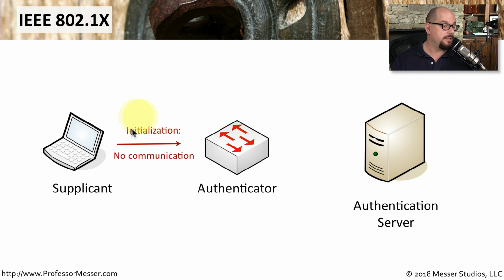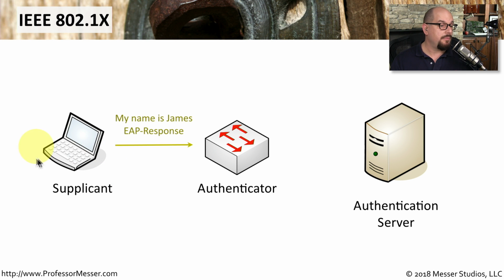The first thing we need is access to the network, but because we have not authenticated, the authenticator is not going to allow us any communication. The authenticator will see that we are trying to communicate over the network, and it will send a request asking if this is a new authentication. And this is usually sent as an EAP request. After seeing that request, we respond back with an EAP response saying, yes, we need access to the network, and